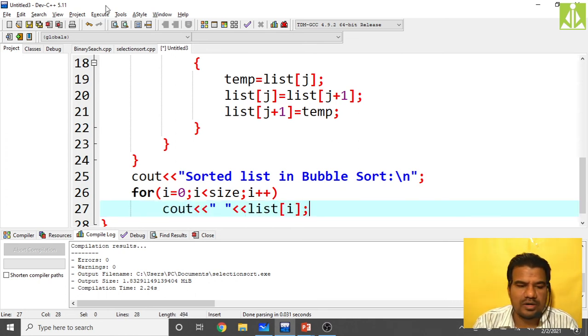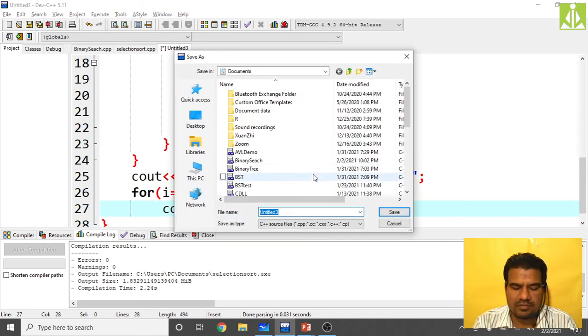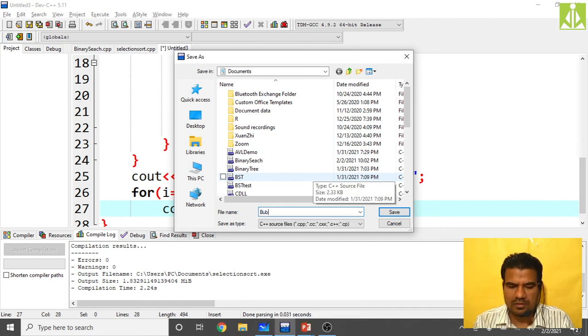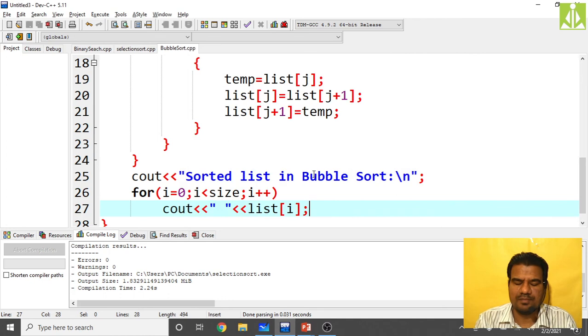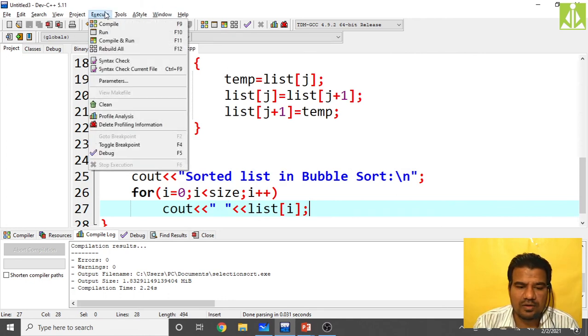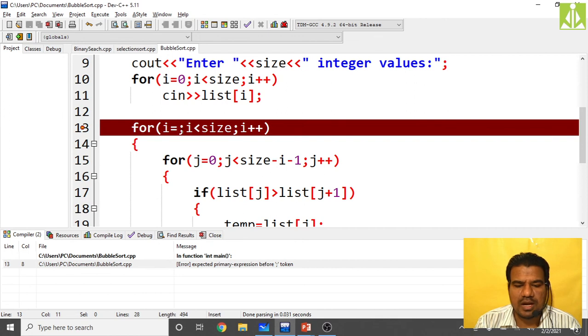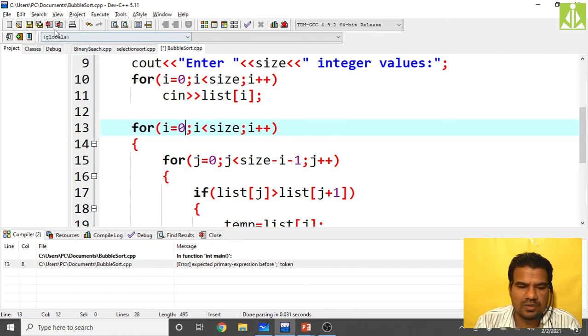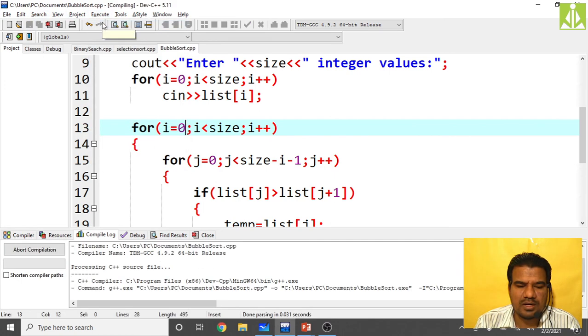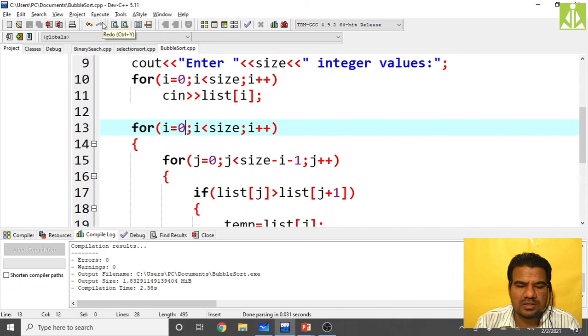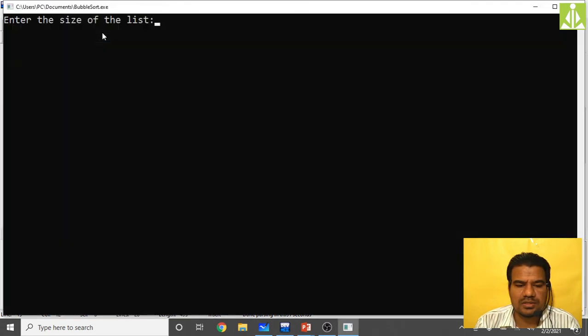Put the semicolon at the end and save the program as bubblesort.cpp. Then go to compile. Compilation is successful. Here i must be equal to 0, I kept 0. Then save it, compile it. It is successful.